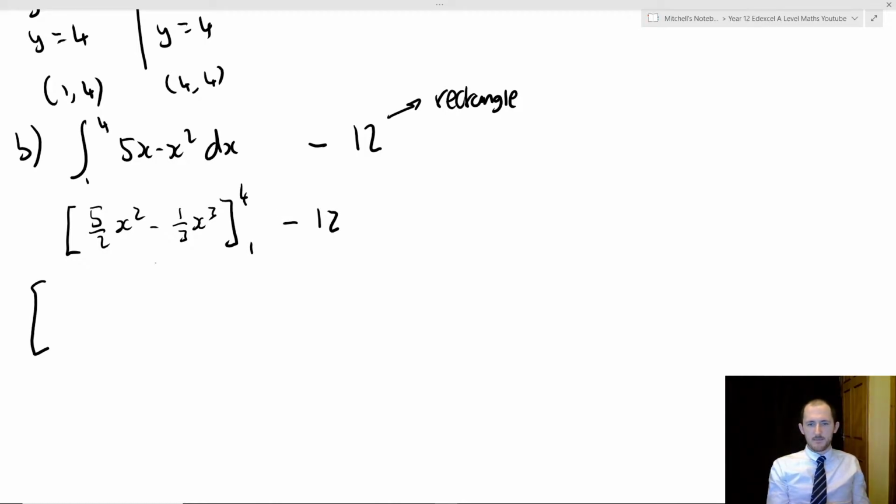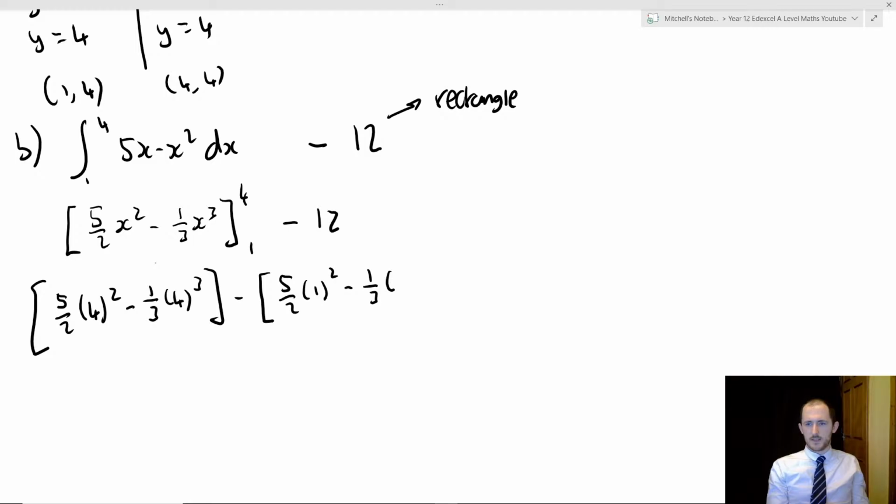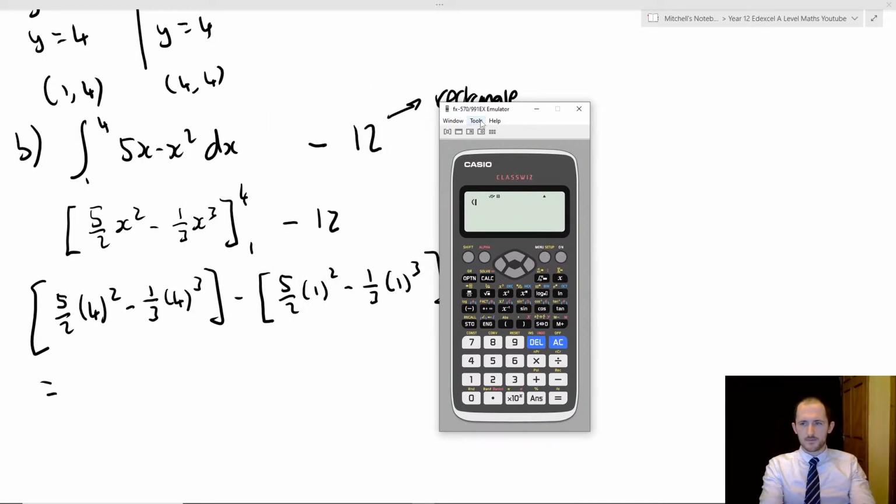So this gives me 5 over 2 times 4 squared, minus a third times 4 cubed, minus 5 over 2. And this is the most fun of any integration question, is writing this long working out. And again, I'm just going to put this all in the calculator because I'm being a bit lazy, but let's do it. So we have 5 over 2, which is 2.5, 4 squared, and minus a third, I can't really do as a decimal properly,